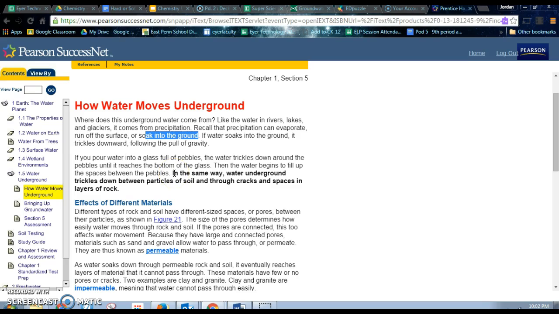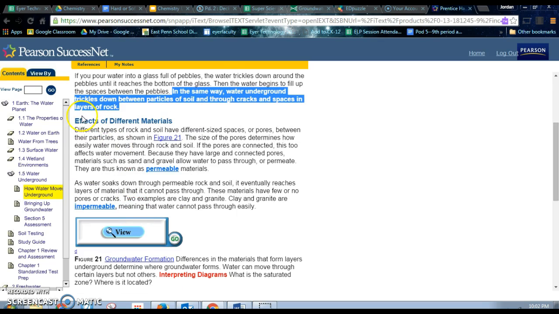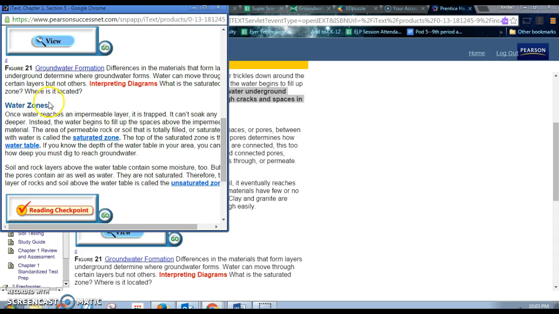In the same way, water underground trickles down between particles of soil and through cracks and spaces and layers of rock. Just look right here how this sentence is bolded. This is definitely a key sentence. This is going to talk about 2 of your new vocab words, so pay attention to this next section. Effects on different materials. Different types of rock and soil have different sizes of spaces, or pores, between their particles, as shown in this figure. And when I click this picture here, you can see